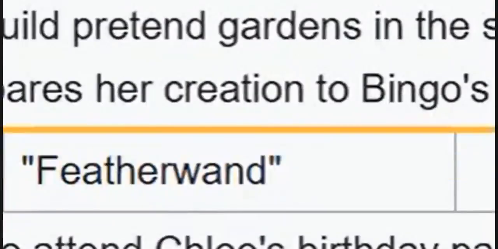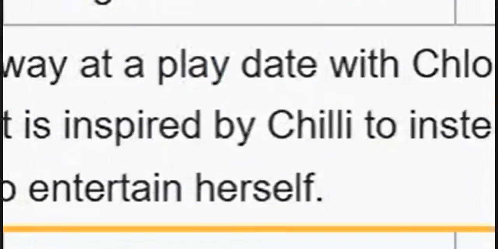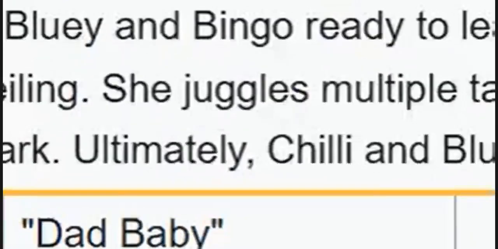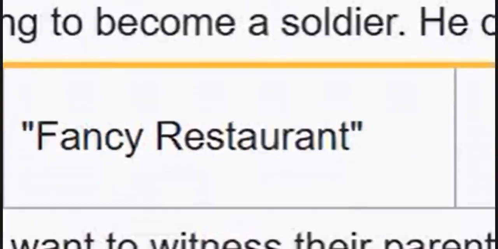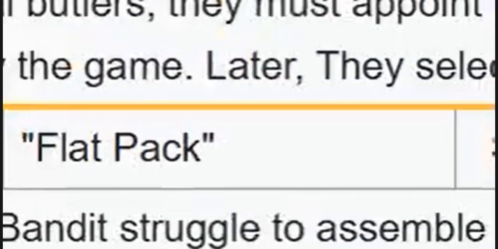Dance mode, hammer ball, but hammer balls before. Feather wand, squash, hairdressers, stunk fest, favorite things, every drop off, bingo, Rogue Island, charades, sticky gecko, bad baby, mom school, twins, army, fancy restaurant, piggyback the show, tickle crabs escape, bus, queens, flat pack, helicopter,